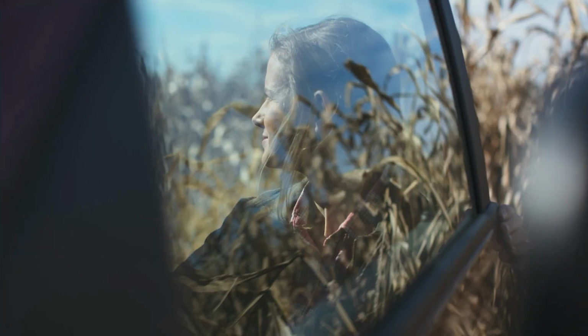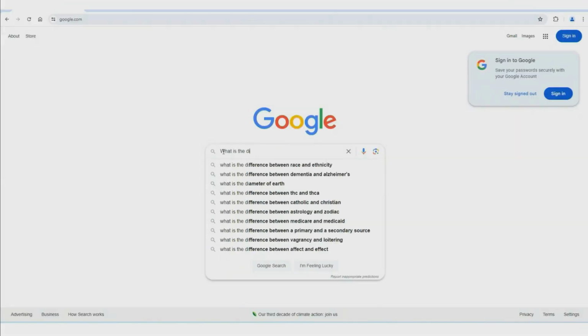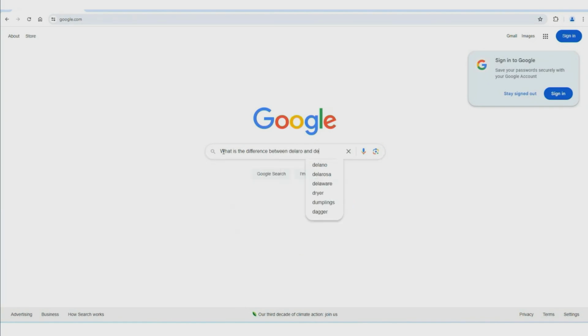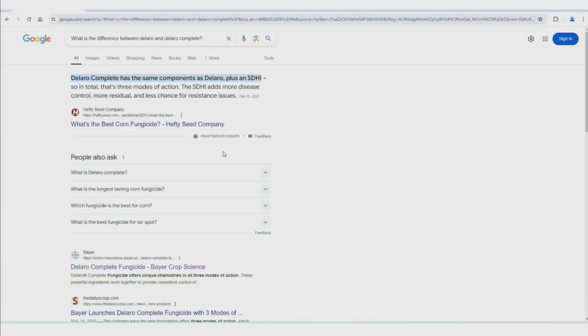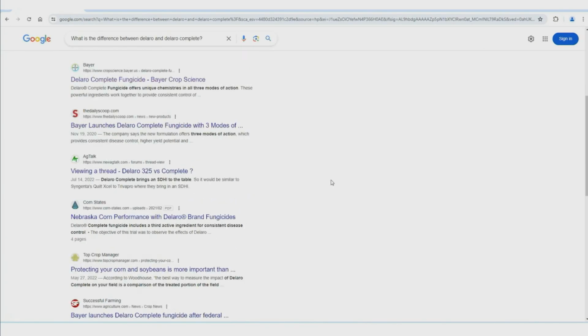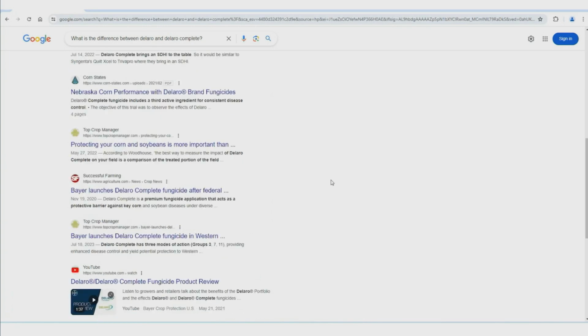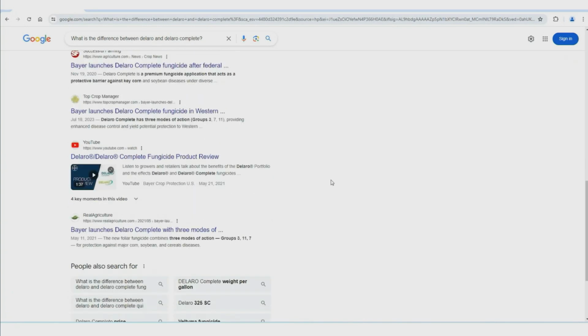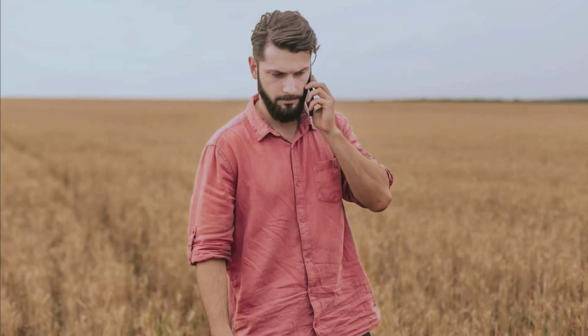You go to the truck, and you have a decision to make. How do I get to that answer quickly and respond to the farmer? You go on to Google, and you get a mix of links, and you try to piece the answer together from all of the different links, with the frustration of having to bounce from site to site to try to find the right answer to give to the farmer. You try texting some experts, your TA, some other fellow FSRs, to try to get someone to answer. Of course, then you're waiting for a response while the farmer is also waiting for their answer.